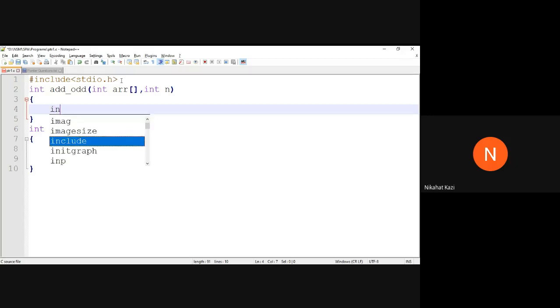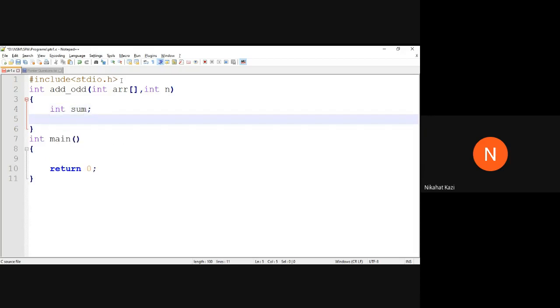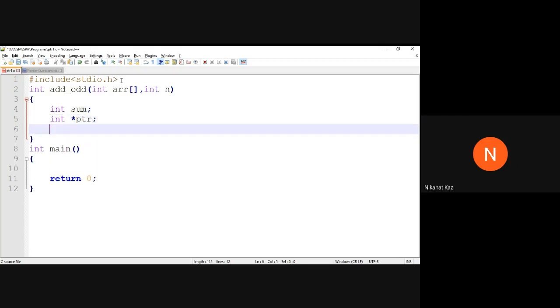So you will have a normal sum variable, and we'll use a pointer to traverse the array. The type of the pointer should be int star, right? Because it is an integer array that you're going through. All the elements are integers, so you need to have a pointer whose type is an integer.